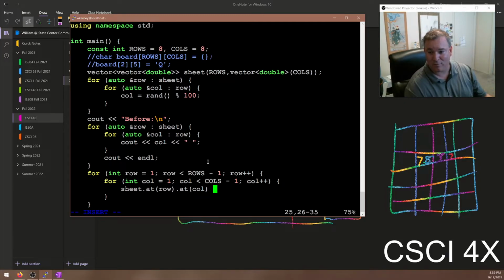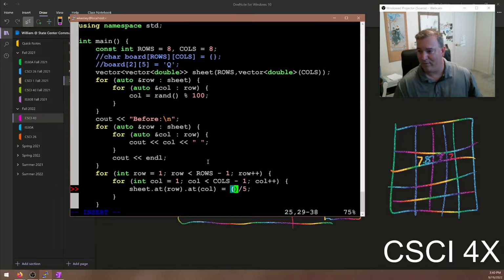Okay, so sheet.at_row.at_column is going to be equal to the quantity of all of the neighbors and itself divided by 5. And you might be like, oh, does that work? No, it doesn't. I got to put something inside there. So what I'm going to put in is,